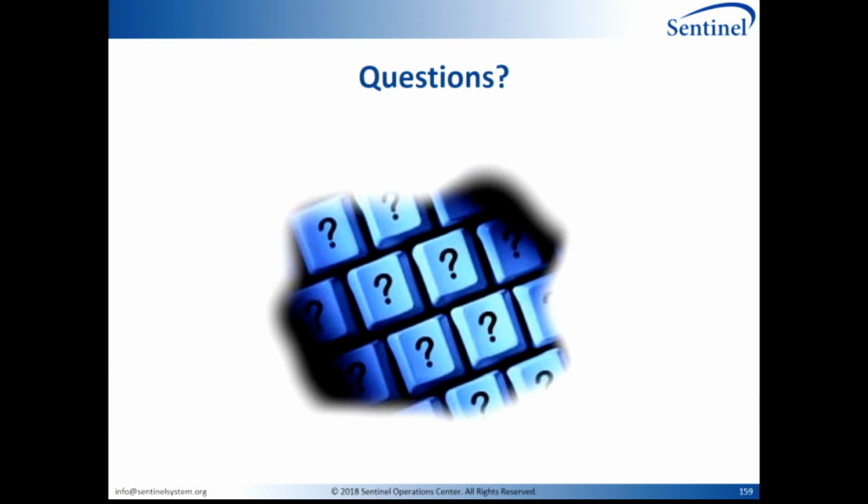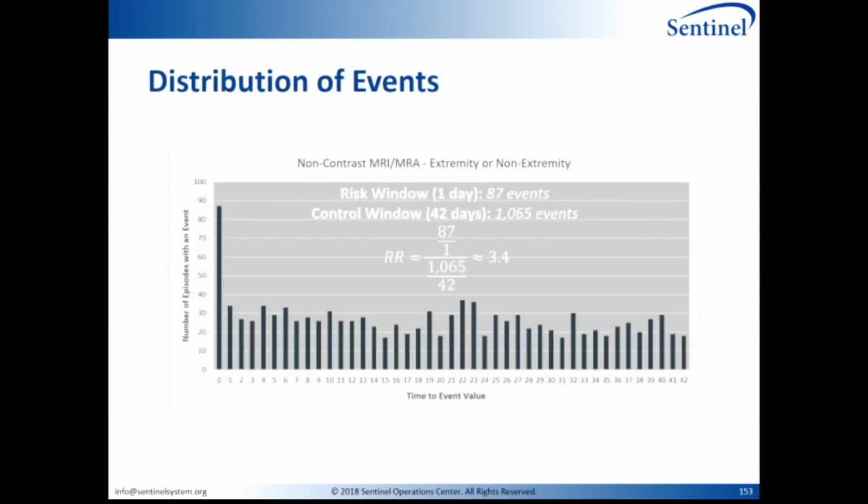So the question was just, how did we decide that the window was only 1 day? And I think I mentioned earlier that this was done just because of the clinical anecdote that came up about seizures occurring on the same day. And so we could have used a longer window. And you could actually see if we look at this histogram, you can kind of visually assess what would happen